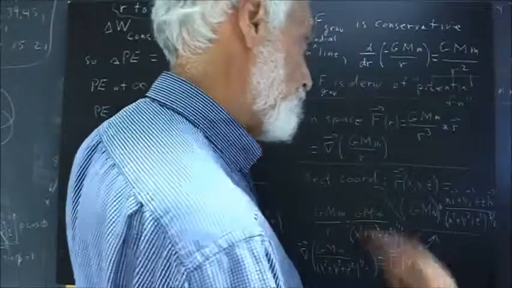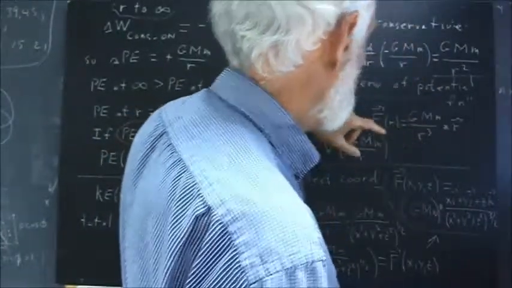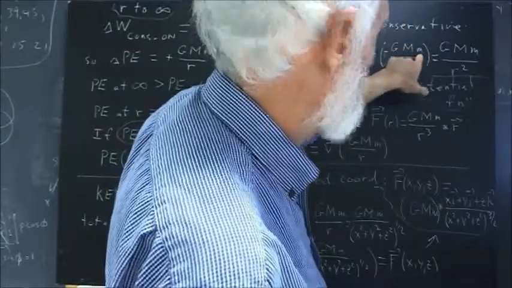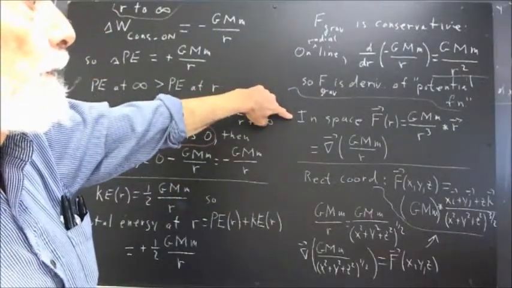Now I put quotes around this because there is a gravitational potential function that's not equal to this potential function. It's equal to this potential function if you take the mass little m out of it. We'll talk about that later. Okay, now in space,